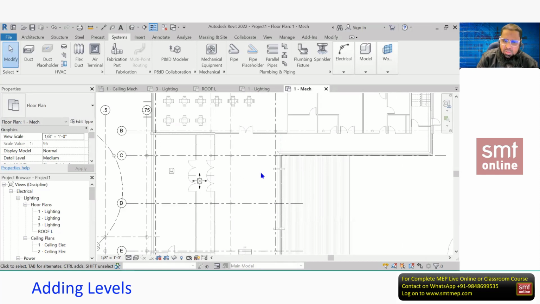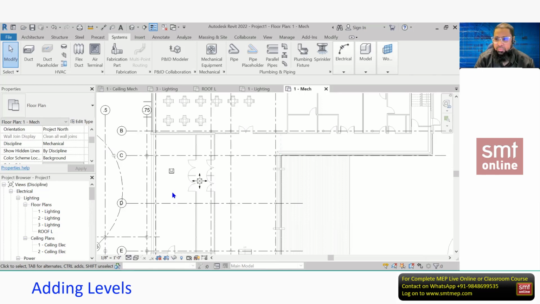Just concept. Tools we'll discuss again in detail, don't worry. Got the concept about this level and the floor plan, ceiling plan, and why you're going to duplicate this, and how to change the location by changing the discipline, subdiscipline, or even view classification. View classification not done yet. We'll discuss next. Duplicating that one, I still have doubt.